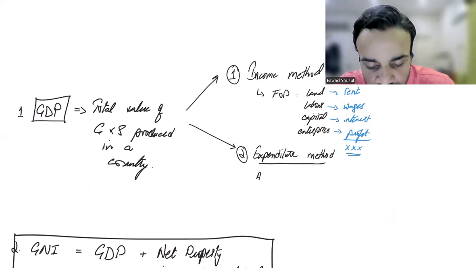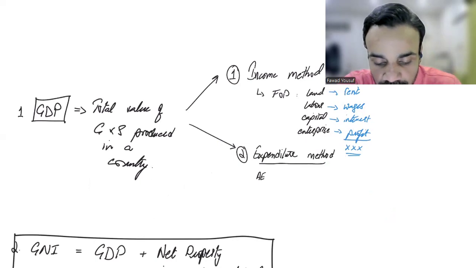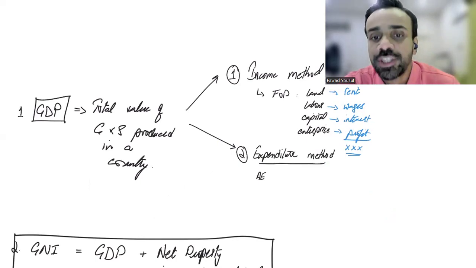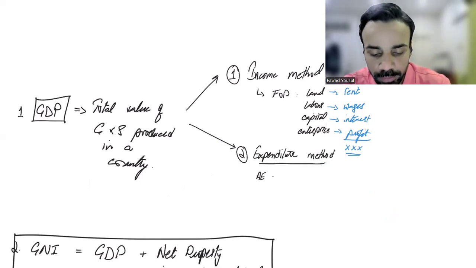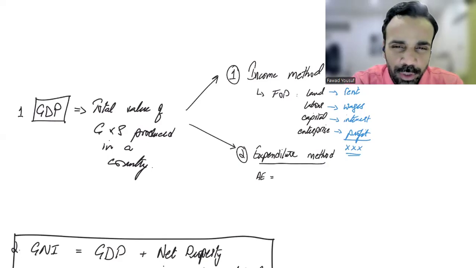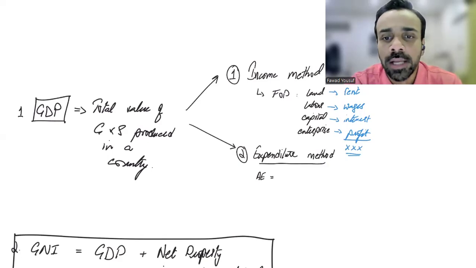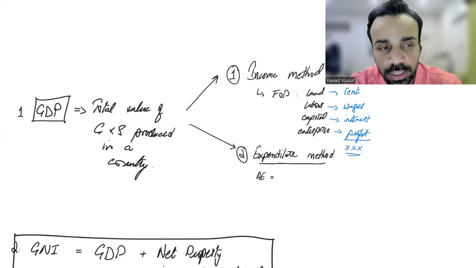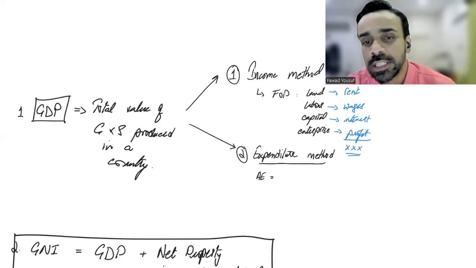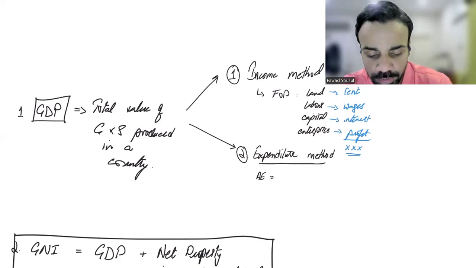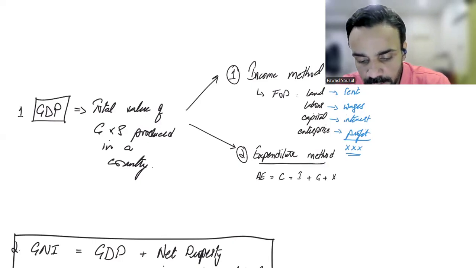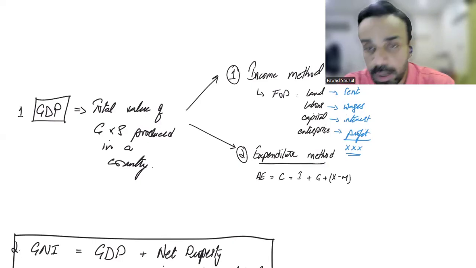Basically, what we're saying in this is aggregate expenditure, which means total expenditure in the economy. Whatever is produced in the country, who is buying all of those goods? Okay, so if you're producing Toyota Corollas, then who is buying Toyota Corollas? So we say consumers are buying it, businesses are buying, governments are buying, foreigners are buying.